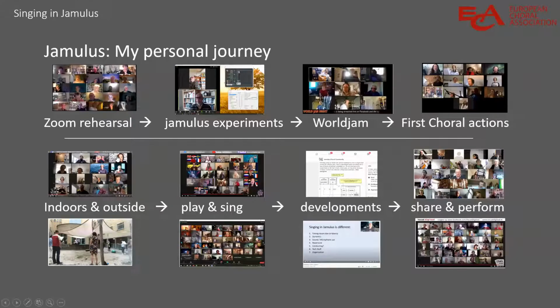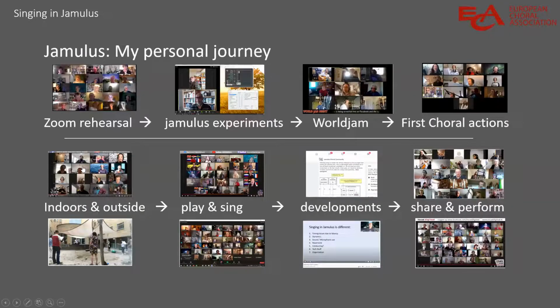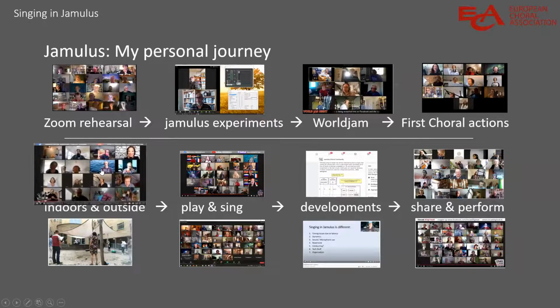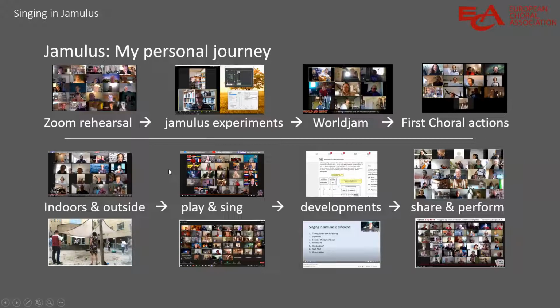So we had a choral example. Of course, in Holland, it went partially better after a short lockdown. So my own choir started rehearsing outside. But I kept rehearsing online, also with a Jamulus choir, and we had a short choral festival. In the meantime, Jamulus kept also progressing. I think with World Jam, they made better facilities to produce the sound, and also to